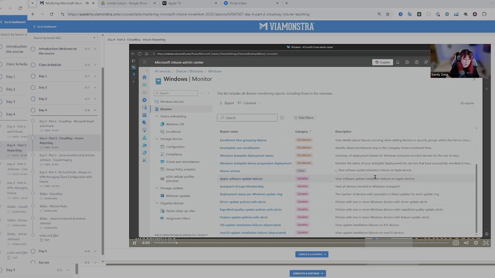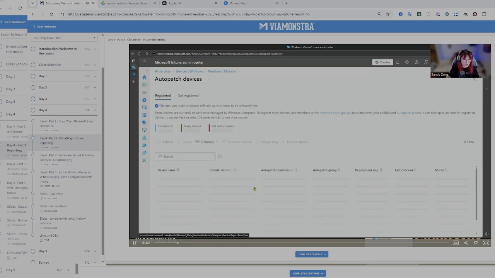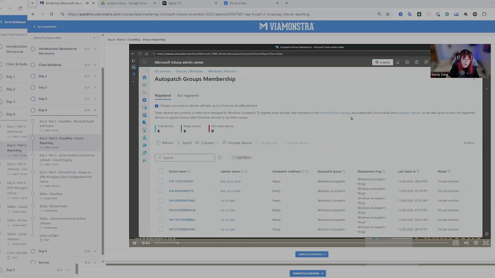And one report I particularly want to point out is really strange, because it's not just a report. If you consider reporting, it's something you only read, that's all you think. It's supposed to be like that. But now we have this Autopatch group membership. It looks like a report, but you can actually do actions. Like, I have an Autopatch device that is not onboarded, and I can actually assign the group for this machine. So this is one of these